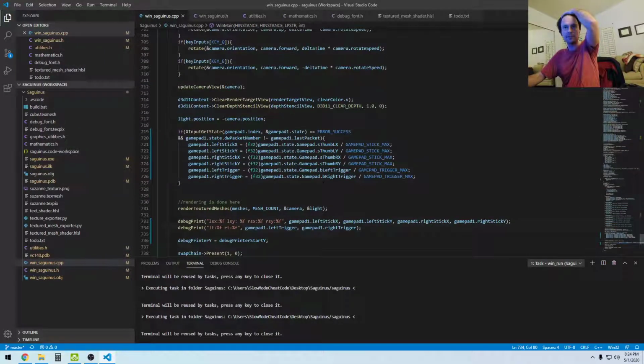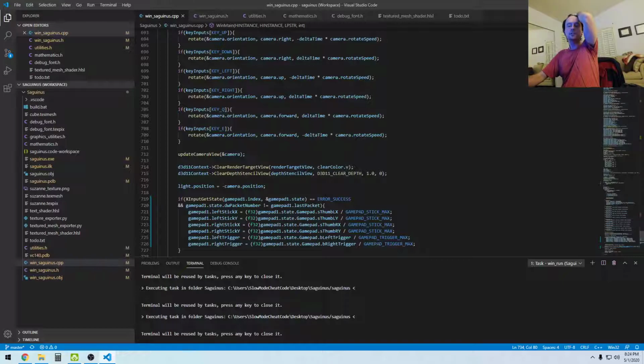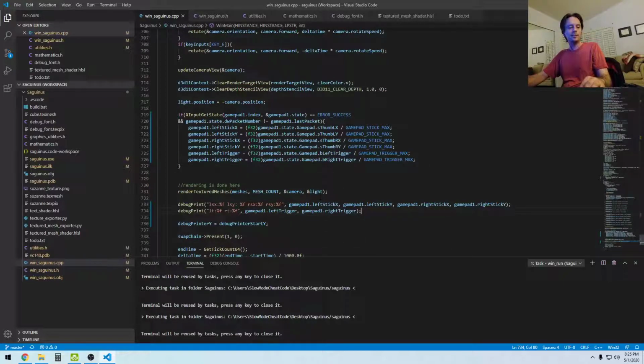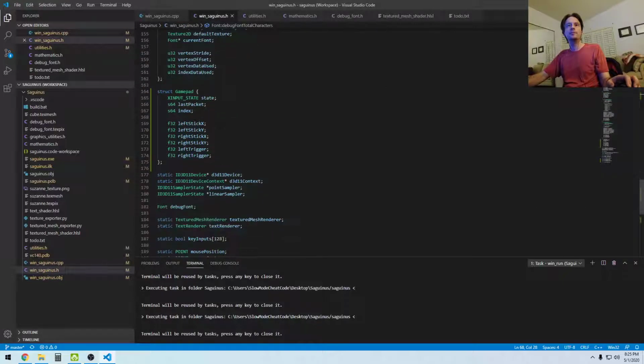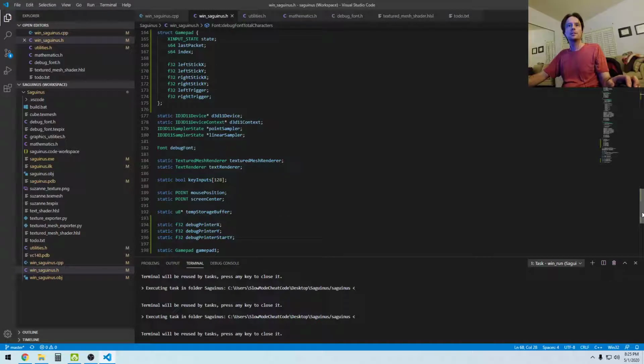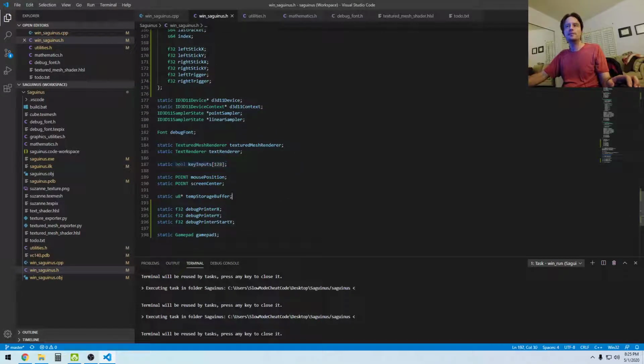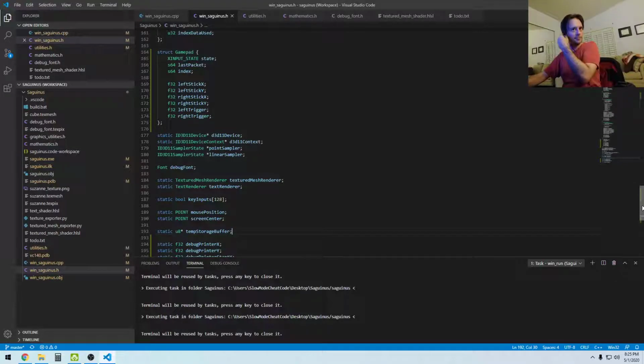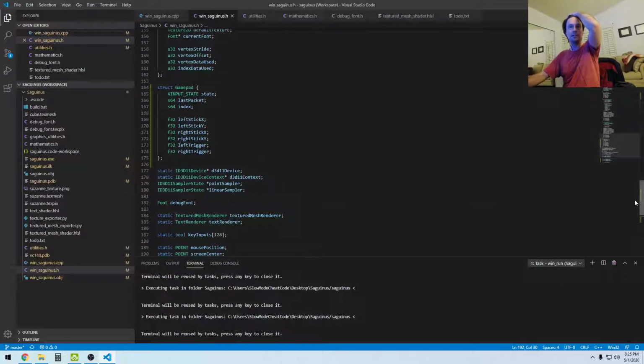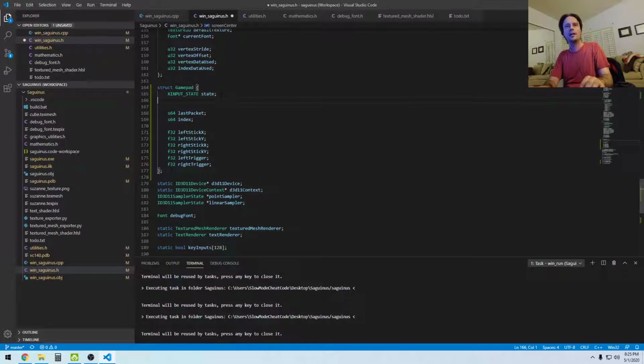So what do I want to do now? All right, so I want to get the camera moving with this stuff, but I also want to go ahead and get the buttons working too. So yeah, I'm going to do the buttons. And I think I'm going to do it similar to how I'm doing the key inputs here, although I'll maybe set myself up for some heavy optimization later. I don't know if this is the best way to do it, but I'm going to do it this way anyway. So I'm going to make a Boolean array,